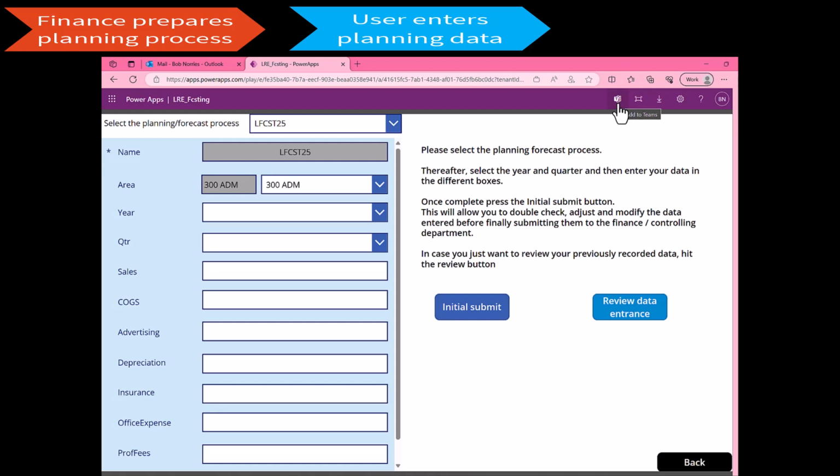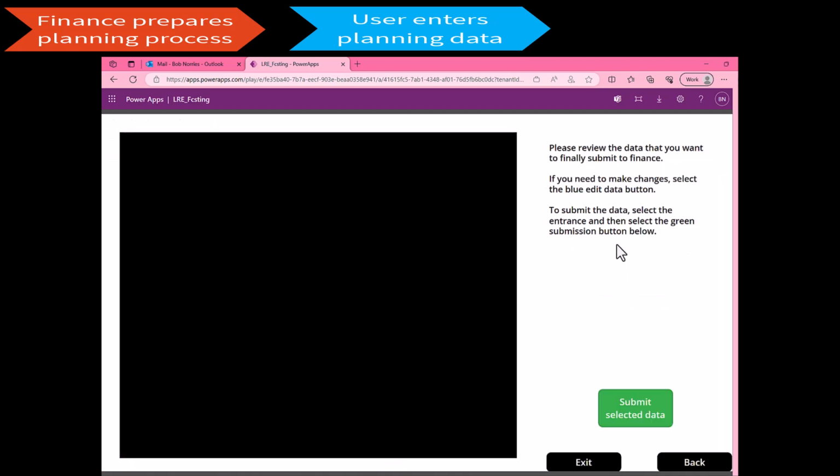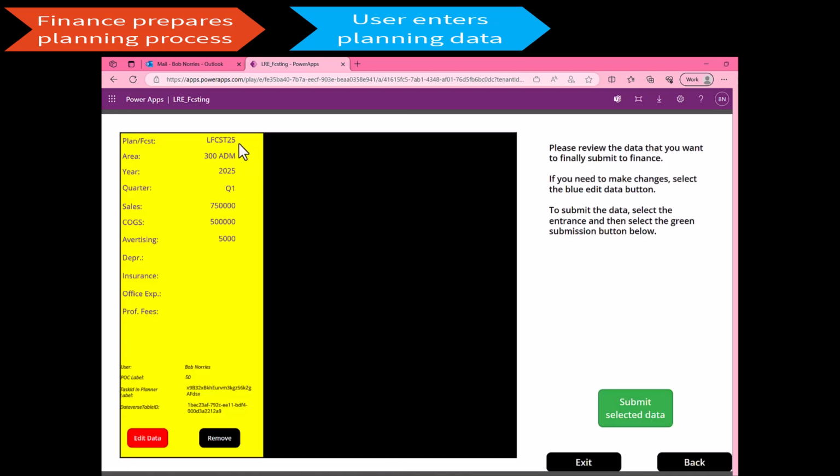You can chat directly with the people in your team, maybe with the financial controller and so on. Once you're sure and have all the information, then you come here and say, hey, show me what I have entered. What you see here is basically a gallery that shows you the data that have been entered. And here on the bottom, I gave you some additional information that I will submit once